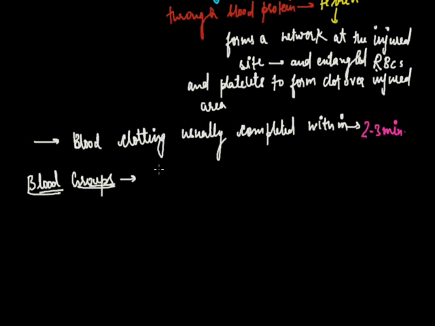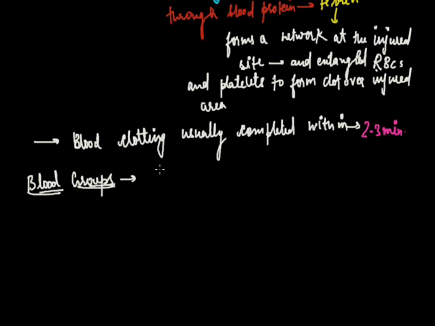Transfusion of blood is only possible when the blood group is known. It means there are four kinds of blood groups: A, B, AB, and O. And transfusion occurs only when the blood group is known,